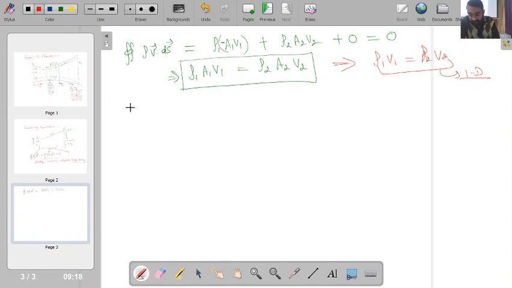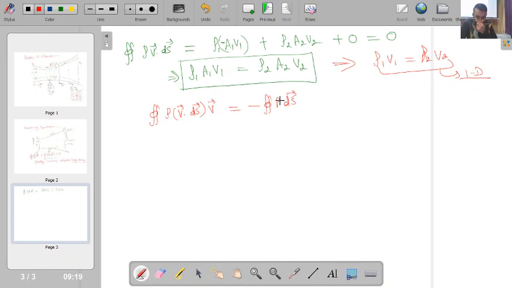Then second is our momentum equation. In the momentum equation, if I impose the steady assumption, then the del by del t term will vanish. Now I will be taking only the term which involves advection. That term is, can you tell me? This will be equal to, I have to only consider pressure force. Body force is negligible, viscous force is negligible. So minus integral of,